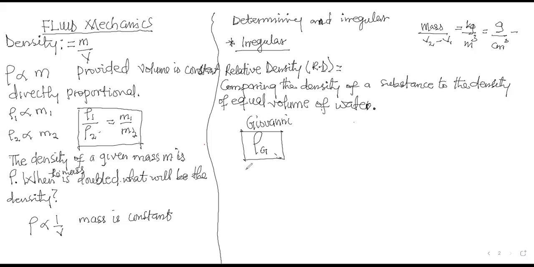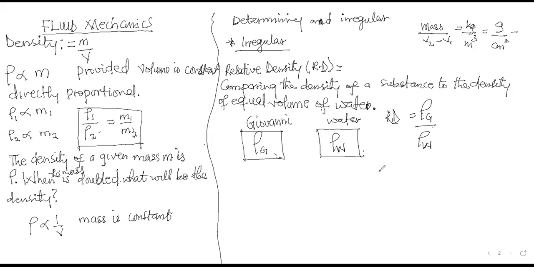Density of Giovanni. Then, because I want to compare the density of Giovanni and the density of water, I choose water of the same volume as Giovanni. So rho of water. But I need to make sure that this chosen volume of water is the same as the volume of Giovanni. Then I can compare Giovanni's density to the density of